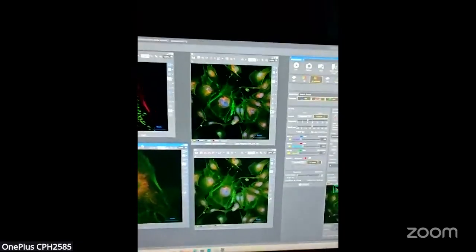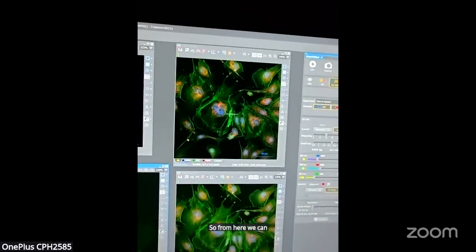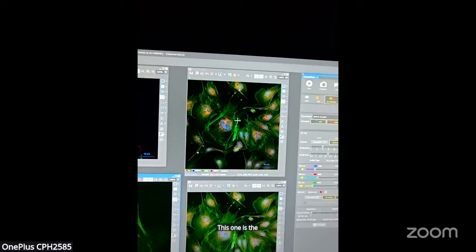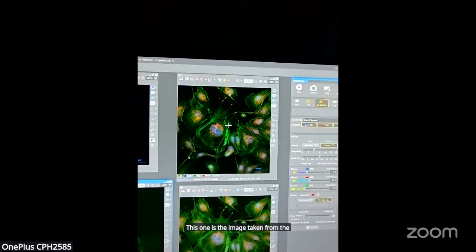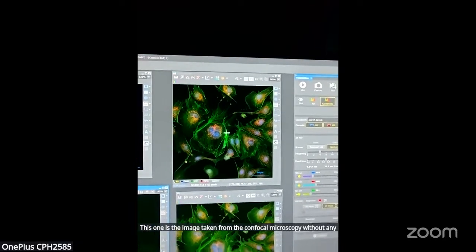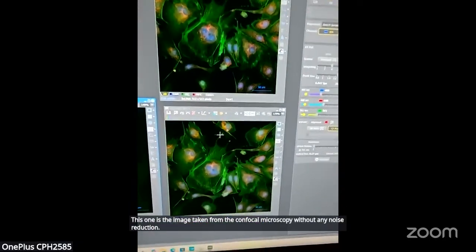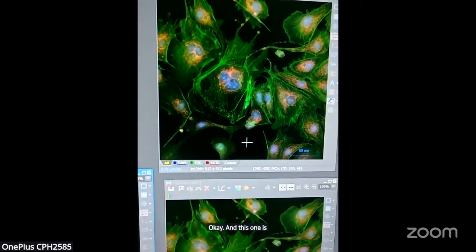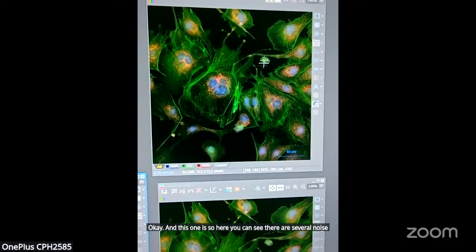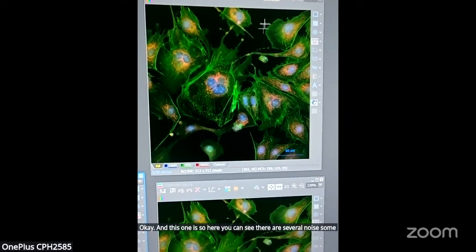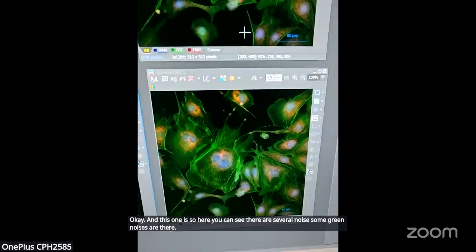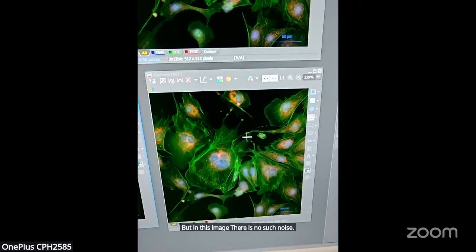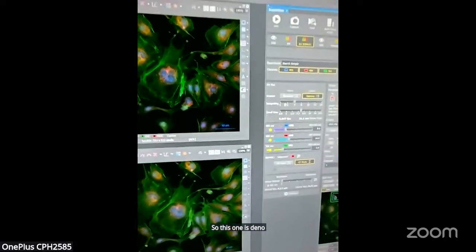So from here, we can compare that this one is the image taken from the confocal microscopy without any noise reduction. And here you can see there are several noises, some green noises, but in this image, there is no such noise. So this one is denoised by this feature.